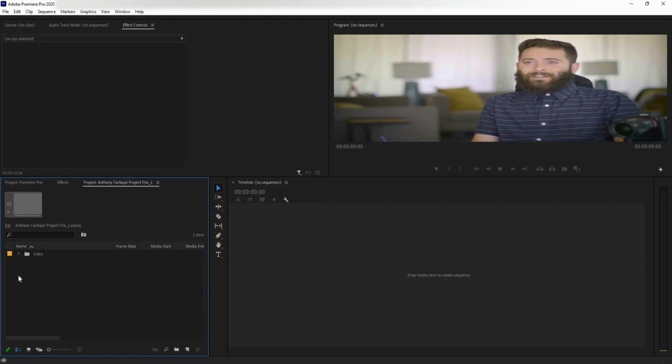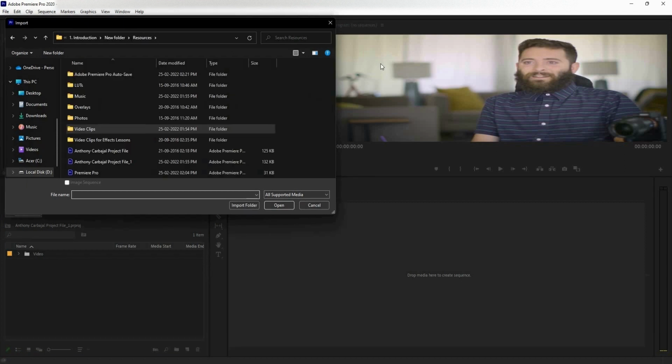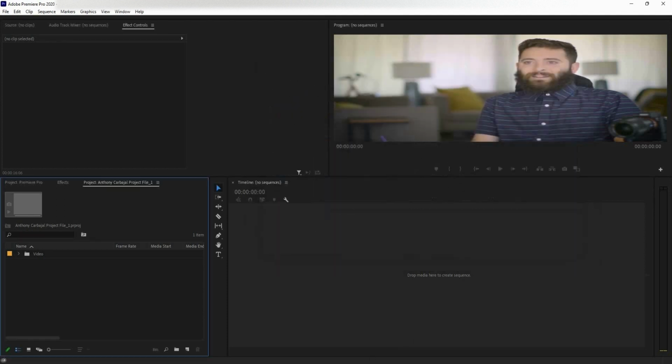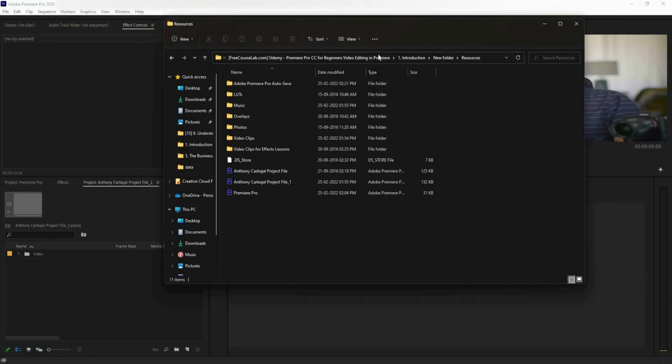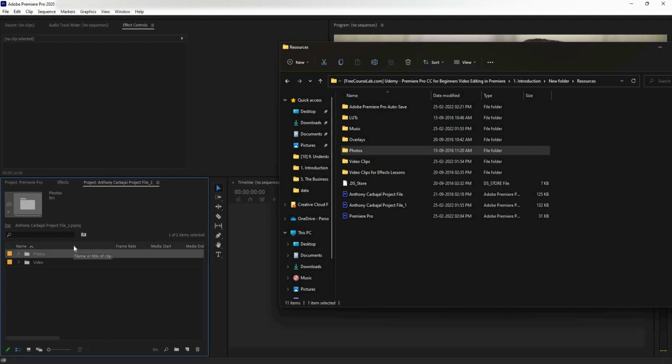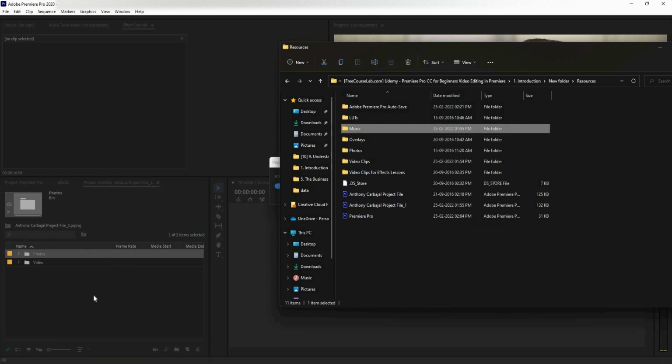An easier way to import a folder is just to drag and drop it. You can just go in here, resources, and drag and drop, and go to your Finder. Maybe I want to click this here, photos, copy. There. You simply click the photos folder and maybe the music folder, click and drag and add it right like so